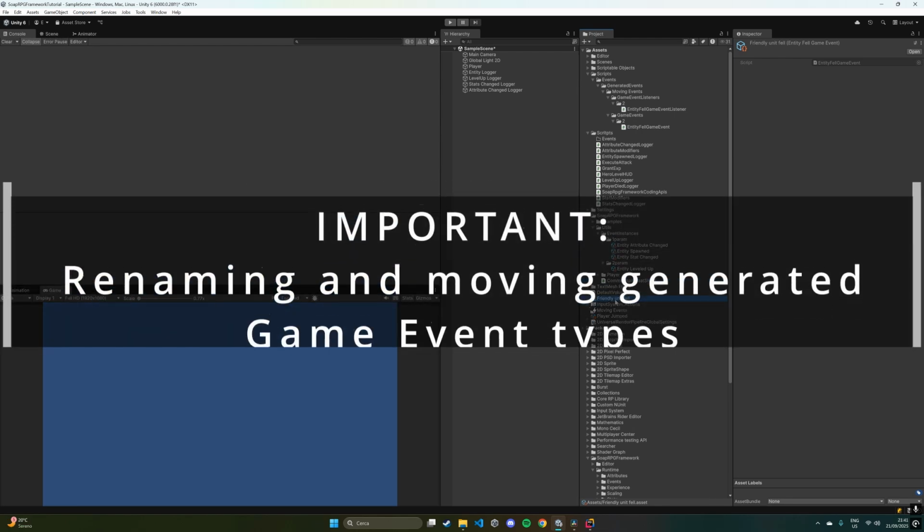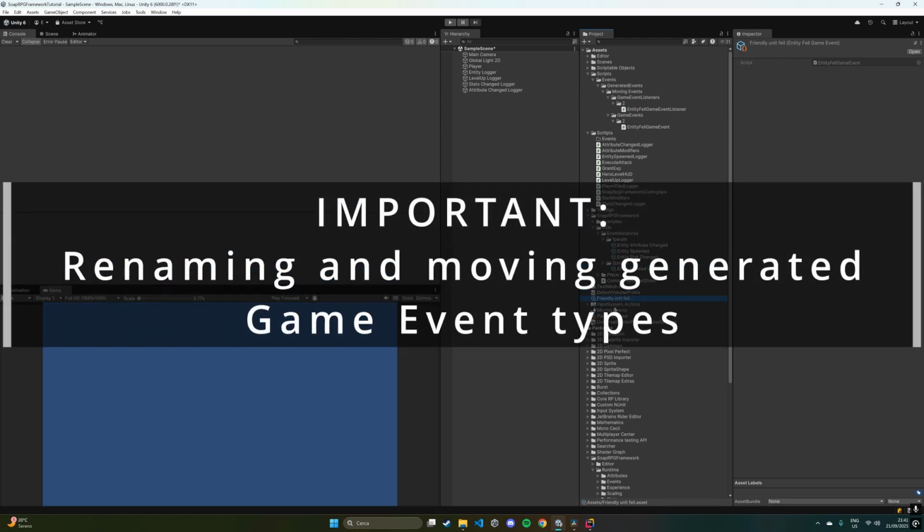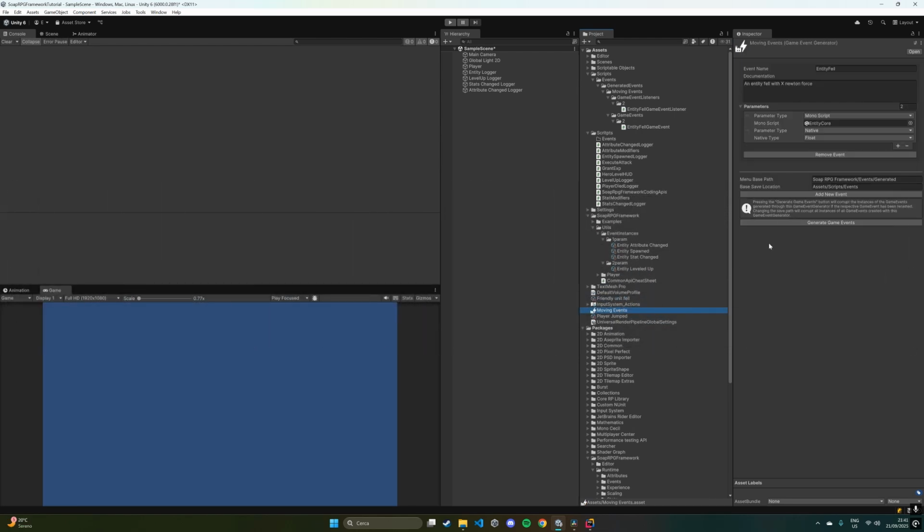However, there is one important thing to say that we have to pay attention to, as this info box says, when we are moving the generated C# scripts of our new game event types, or when we are renaming the C# scripts of the generated game event types. This is because when we press generate game events,